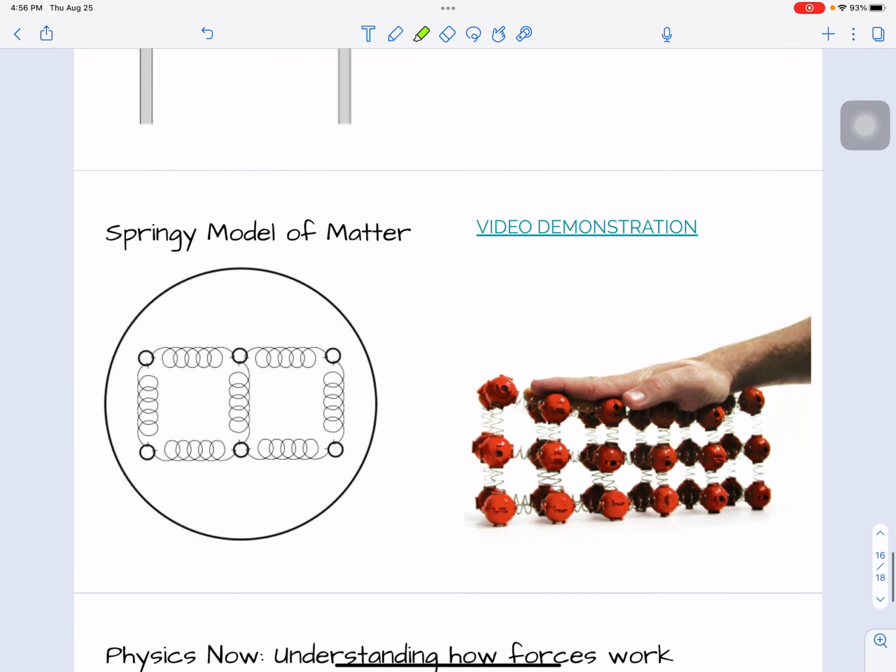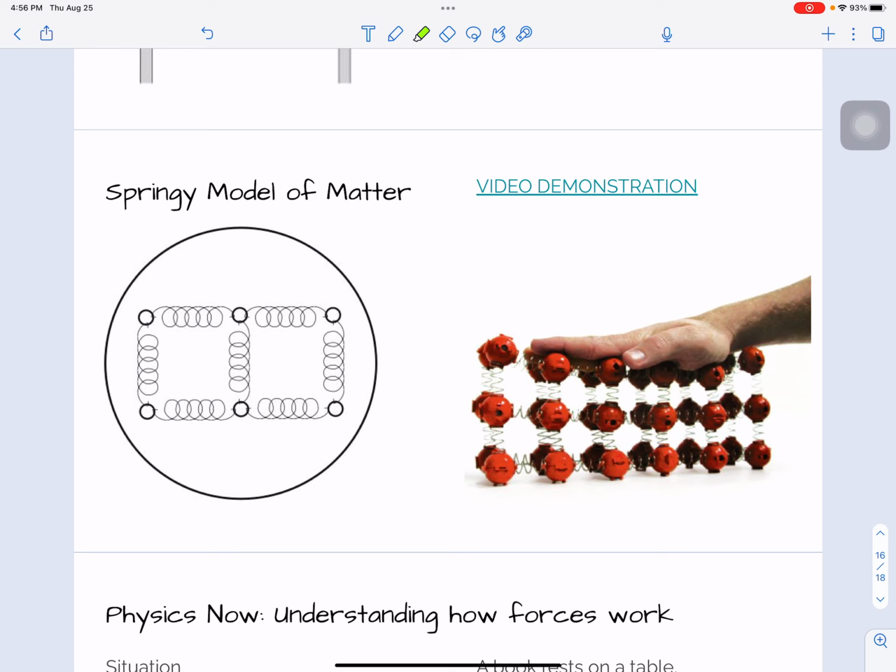So to help you understand this, I'm going to introduce something called the springy model of matter. And this builds on what you learned in chemistry. So the idea is that we have these nuclei that have protons and neutrons in the middle of them. And these are like solid billiard balls. And what connects the nuclei together are electron clouds, and these electron clouds are squishy. They can move far apart like you're pulling a spring, or they can compress together